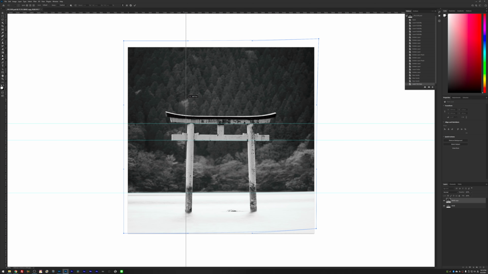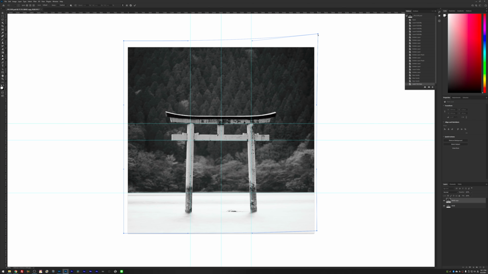And then I can also check these vertical lines, but these should be fine. So if I check here, these are basically the same. This line here in the middle is also almost in the middle of the frame, if not 100% in the middle. So let's say I'm pretty happy with this. Maybe I want to go just a little bit down, maybe more down here, because the water is getting a little too much distortion here. And maybe I want to go a little bit more up on this one.